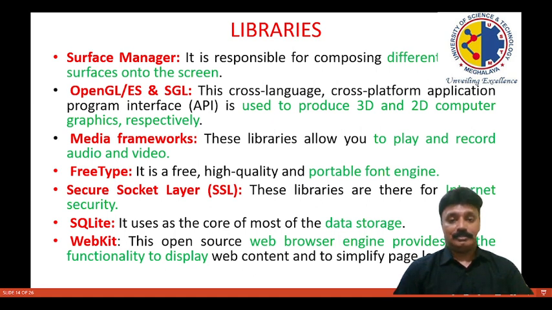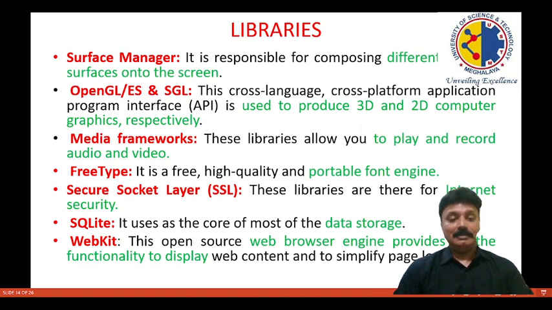Media frameworks. It is used to play and record audio and video. FreeType. It's a high quality and portable engine. Then Secure Socket Layer. This library layer is used for internet security purposes. SQLite, it is used as the core of most of the data storage.